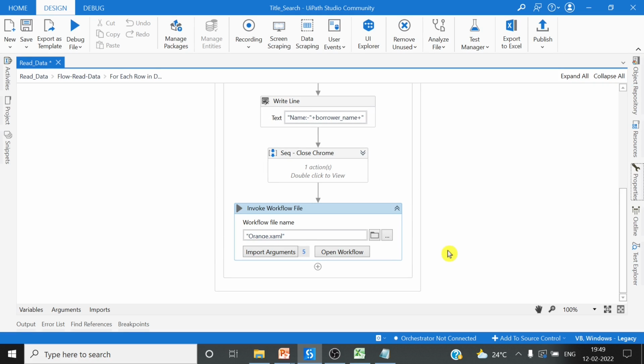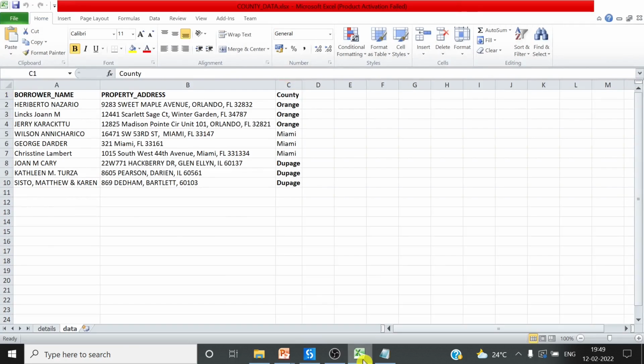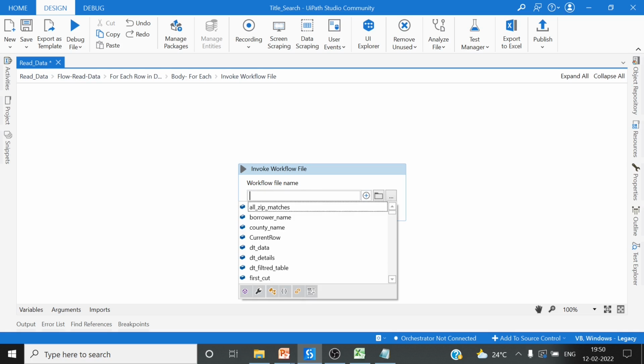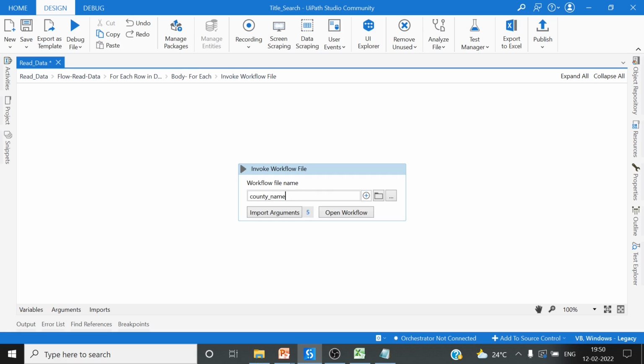Now we have changed the name, but this name will change with the loop here. Okay. So again, we are changing back to the variable value, which is county name plus,